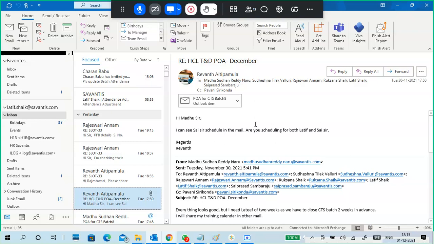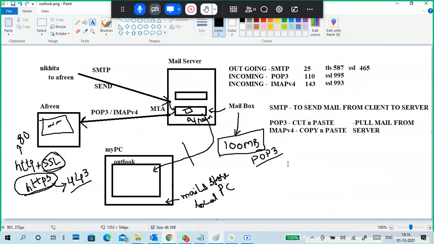Right, I informed Sai sir and CC'd Ravan sir. It means Ravan sir knows I informed Sai sir with the same mail. So no changes. Both the To user and the CC user can read the mail, reply to the mail and forward the mail also. Okay, good. Next.